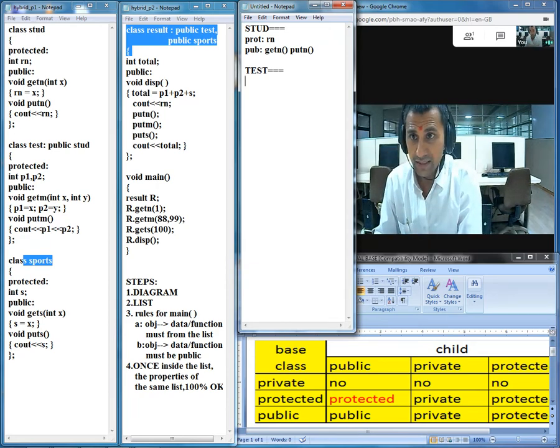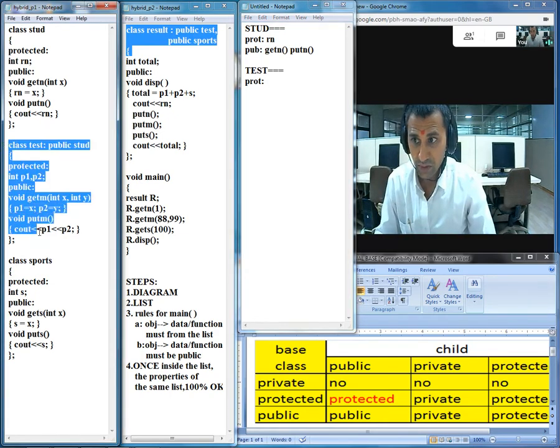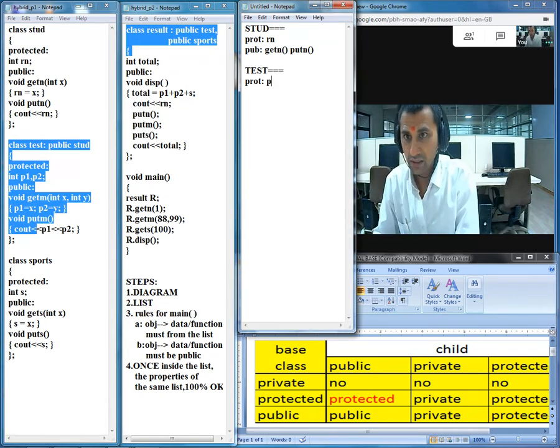For the class test, once again we have to write something in the protected part. In the protected part we are going to list the variables p1 and p2. In the public section we have get m and put m.